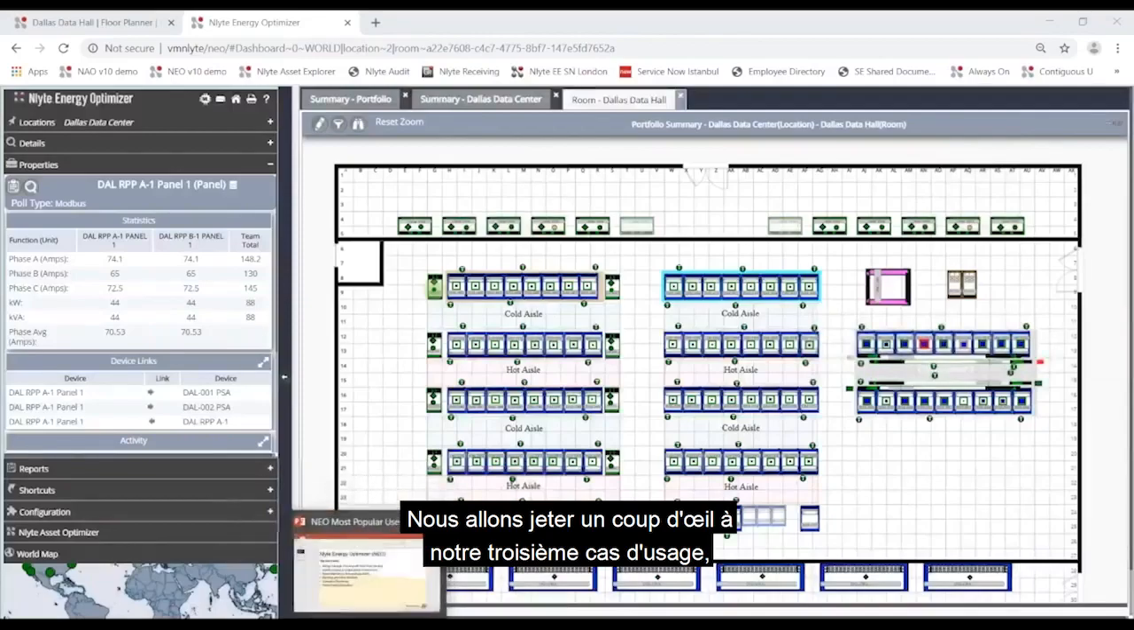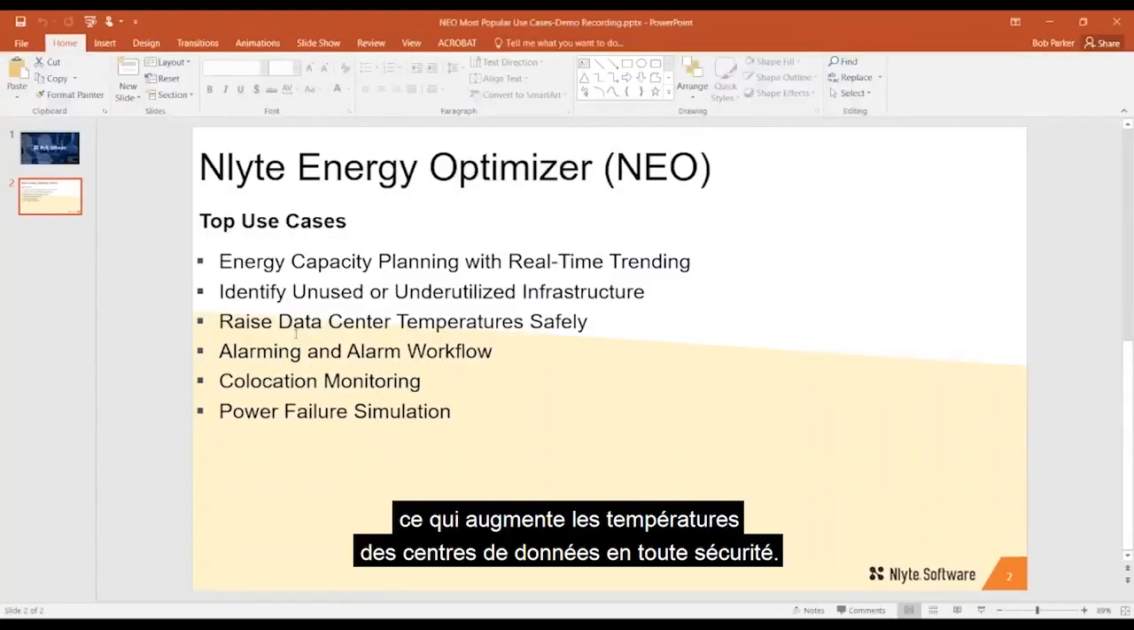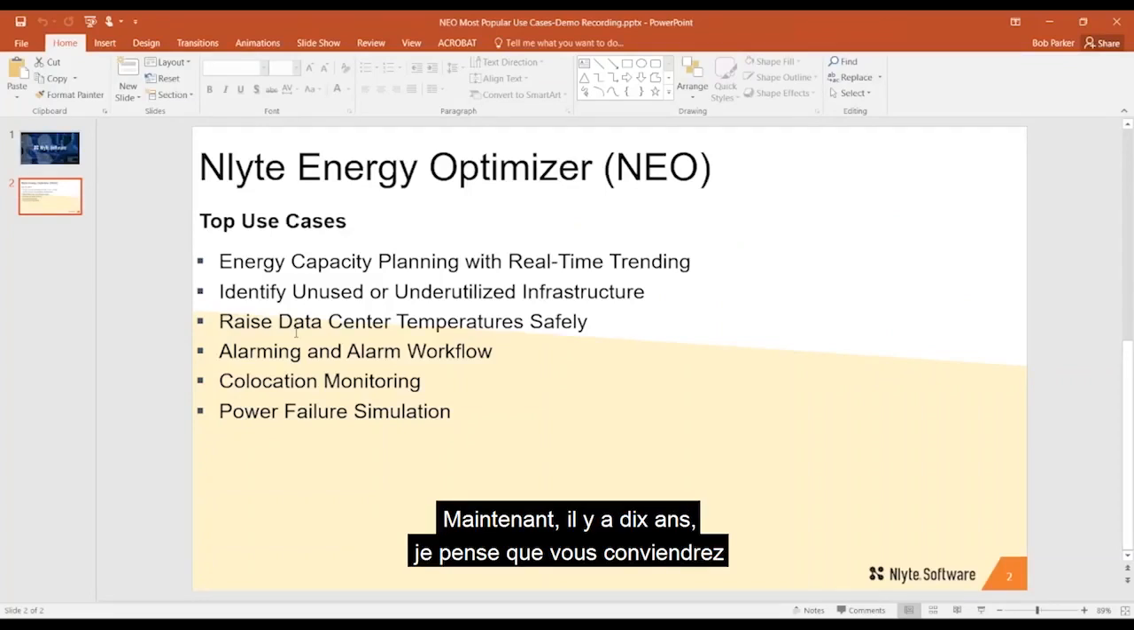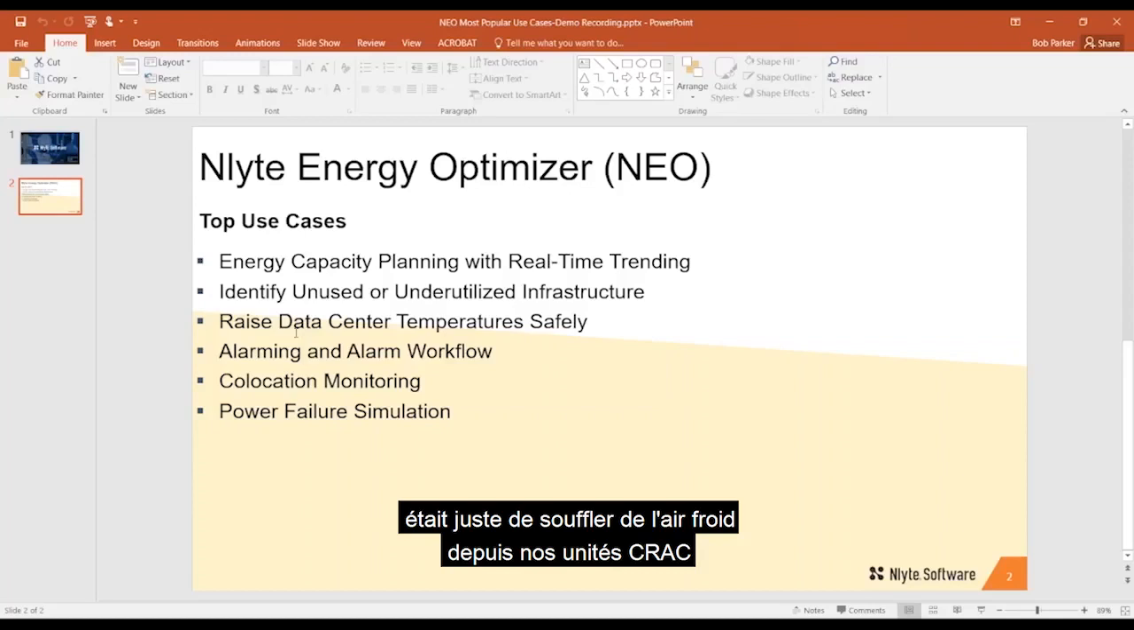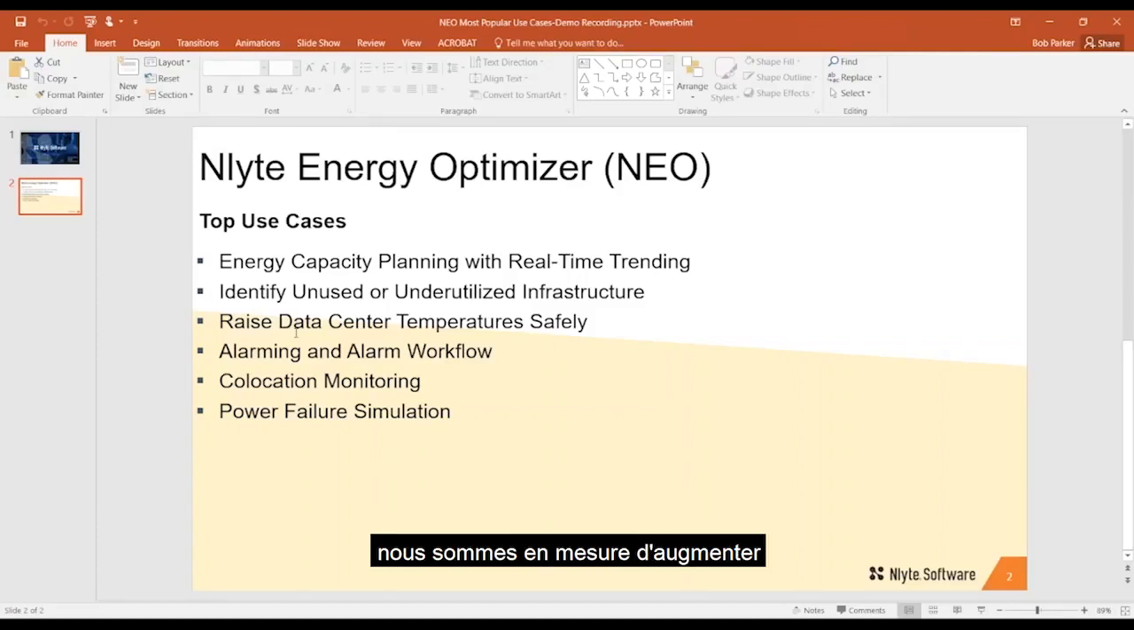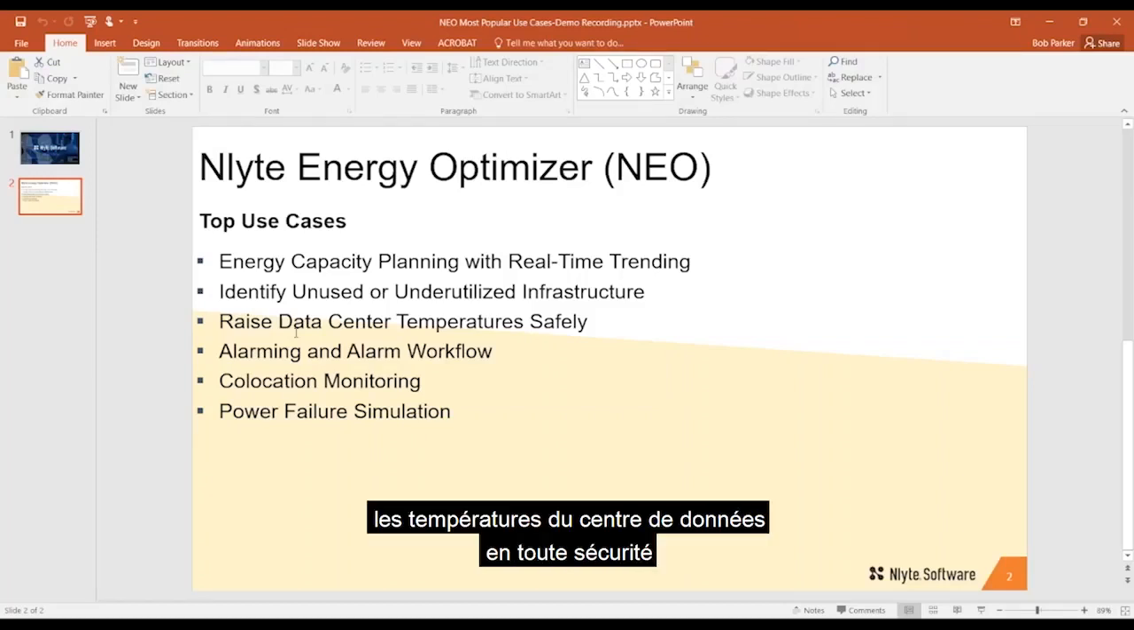We're going to take a look at our third use case, which is raising data center temperatures safely. Now, 10 years ago, I think you would agree that we could walk into a data center and need a coat, because the way to make sure that we were keeping the servers cool enough was to just blast cold air from our crack units and not really worry about the amount of power that's being utilized to overcool the data center. Well, now with tools such as NEO, Nlyte Energy Optimizer, we're able to safely raise data center temperatures